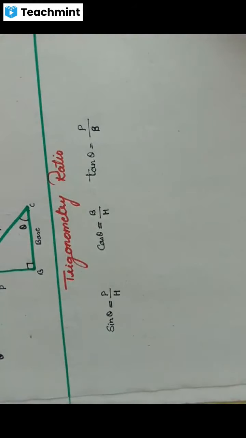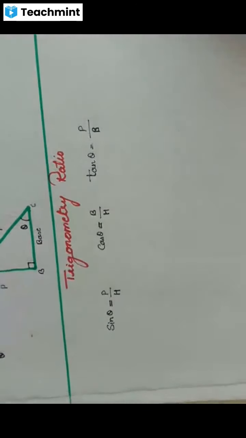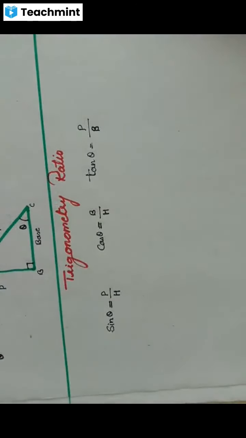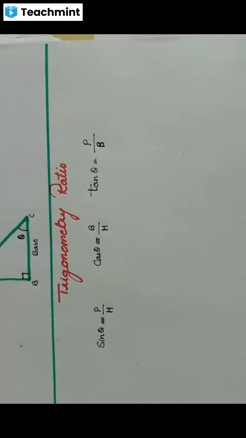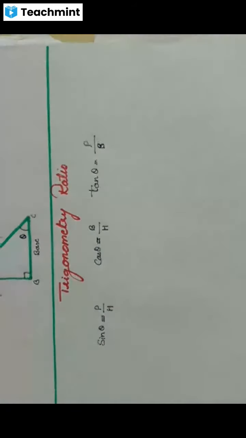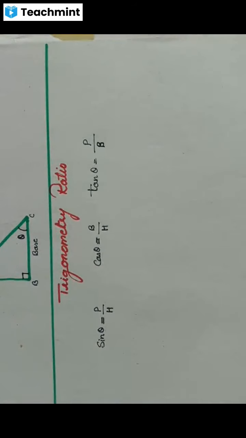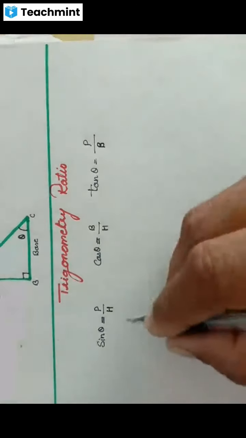Can anyone tell me the idea of how we can learn this: perpendicular upon hypotenuse, base upon hypotenuse and perpendicular upon base? Some people have an idea how we can remember this. Anybody? How can we remember this perpendicular, base and hypotenuse part for sine, cos and tan? I know maximum of you know it very well. So tell me how we can remember this. No answer, no problem. Now I am going to let you know.